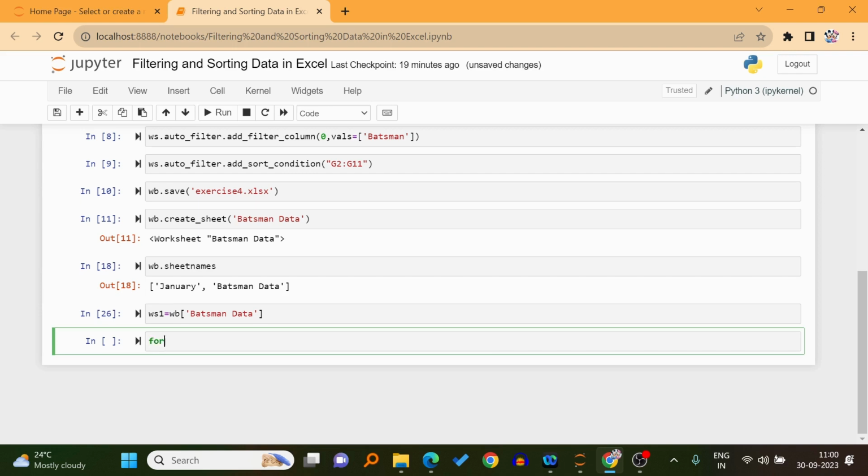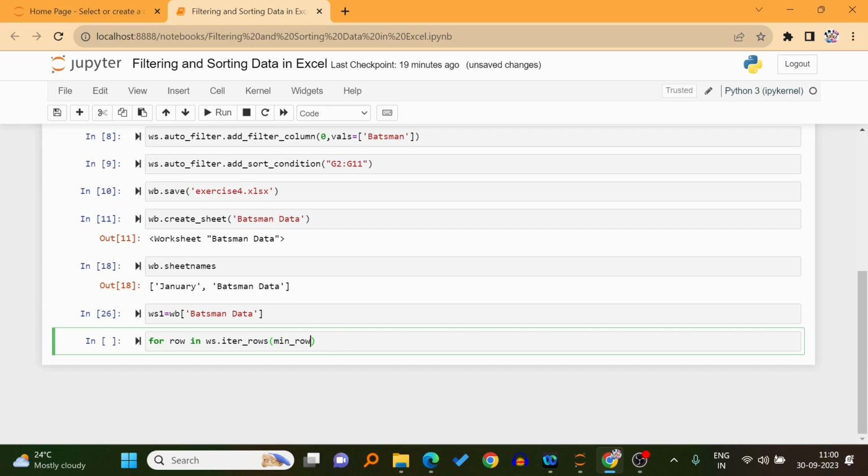For this we will be using a for loop and the iter rows function in order to iterate through all the rows. For row in ws.iter_rows, and here I want to fetch the data from row number 2, so I have to pass the parameter min_row equal to 2, and then